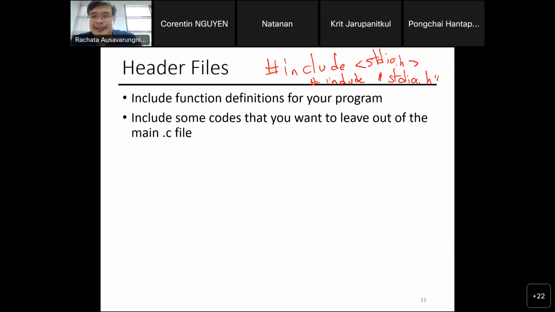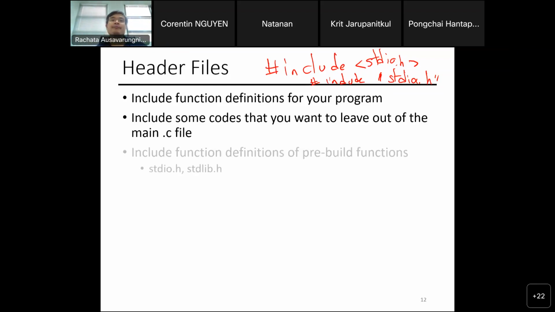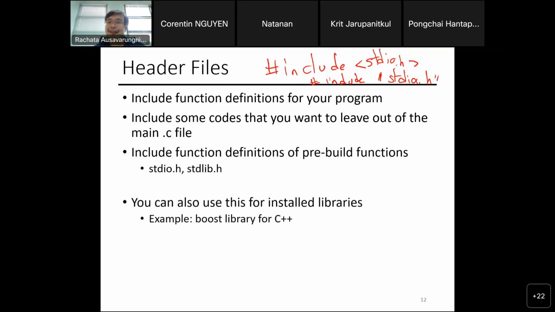The header file then allows the main file to ask and ensure that you implement all these functions. You can also implement a full-blown function in the .h file as well, then GCC will know how to compile them, right? Some of these are pre-built functions like standard IO or stdlib.h, right? These allow you to call functions like printf, scanf, or malloc, which is what we will learn today. And you can also use this for installing libraries.